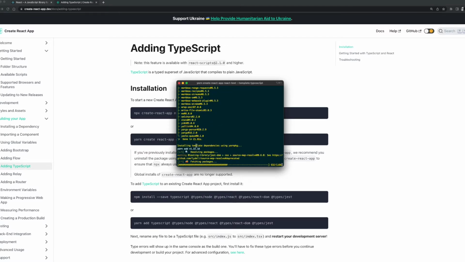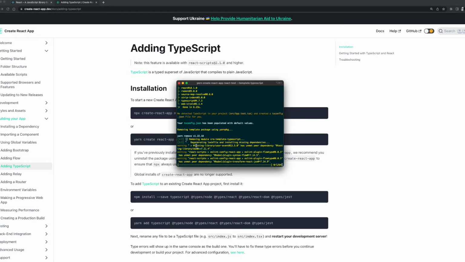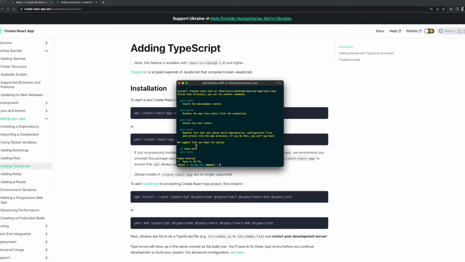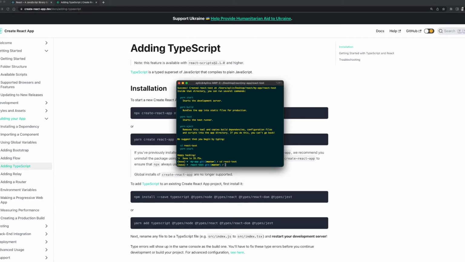It is resolving the packages now. We will see our application in a second. Yeah, it has successfully created our React test application, and we can say cd react-test,